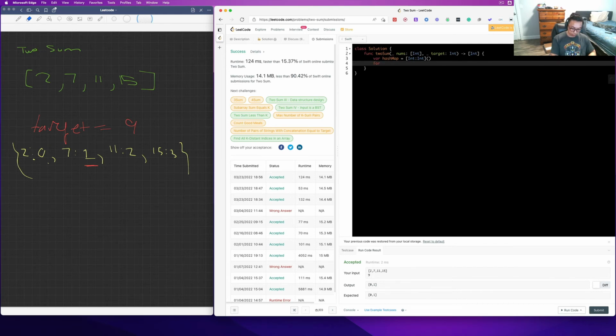So for index, number in nums.enumerated,